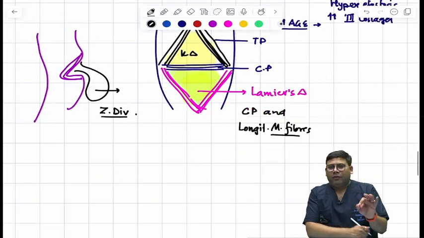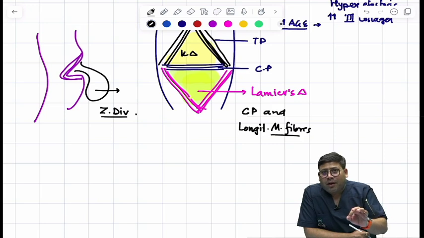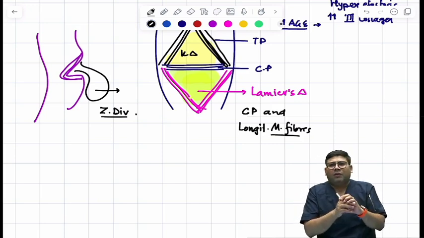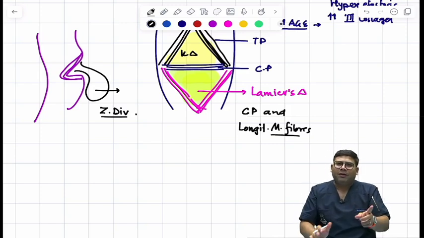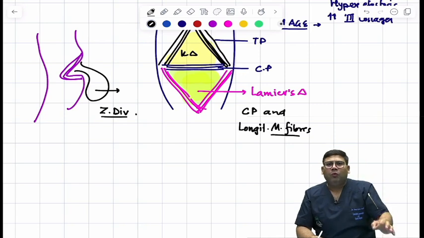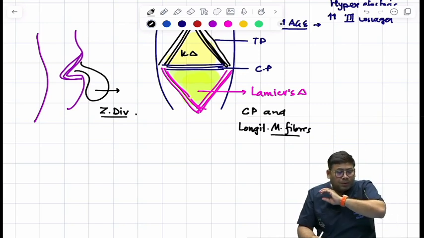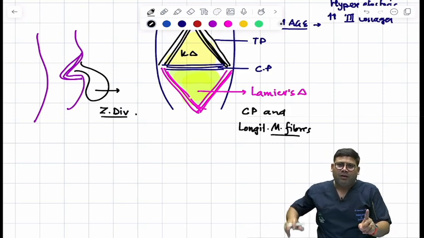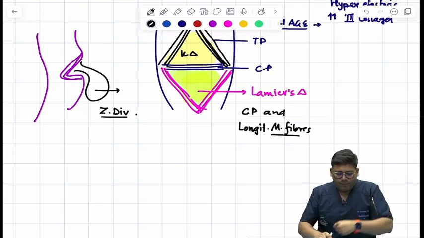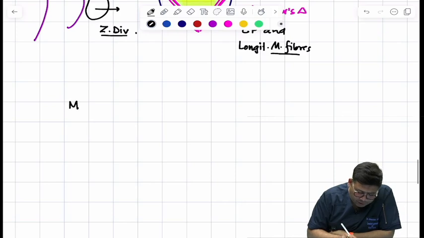Why have I given so much time? So that you understand the management. बच्चे, the mucosa and submucosa which is popping out of this is not important. The tone is important. So if you want to treat these patients, you will have to do a myotomy. आप किसी भी साइज का diverticulum लें, अगर आप myotomy नहीं करते, if you don't do myotomy it will recur. So what is the classical management for them? Understand, myotomy is an integral part of this.